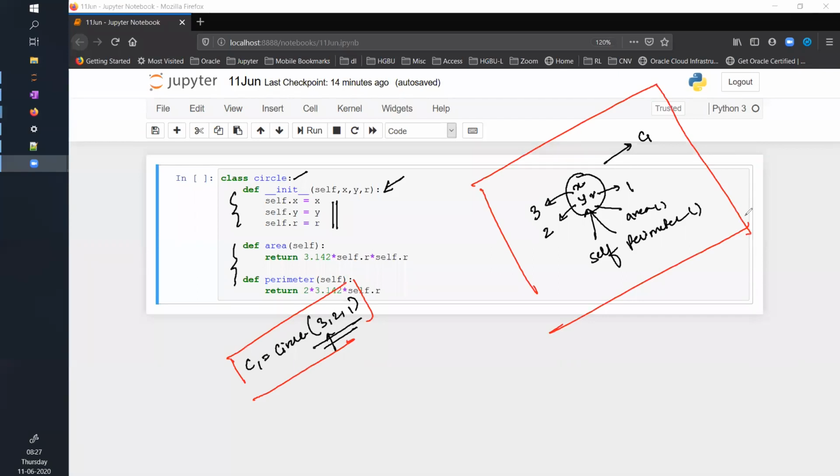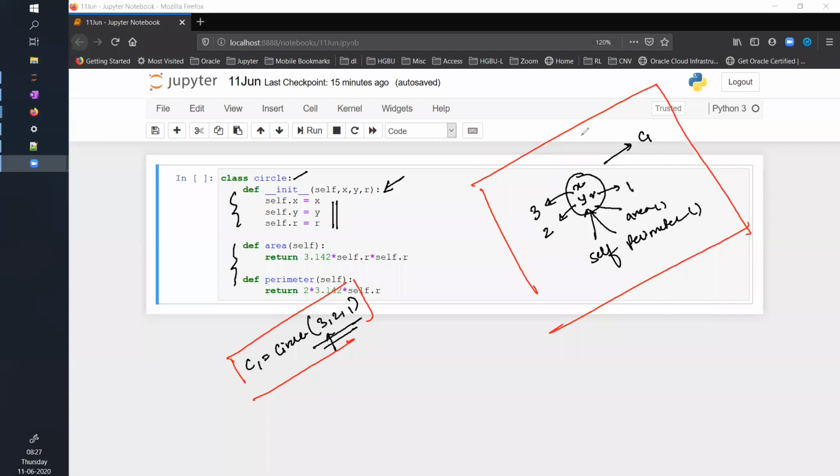Whenever you have a class and this class is taking some parameters, as in you have some attributes for that class, then you use this def init function to initialize all those attributes. Whatever other functions are there in the class, you can define within the class, and all of that will be part of that object. Whenever you create an object, all these attributes and all these methods will be available in the object.